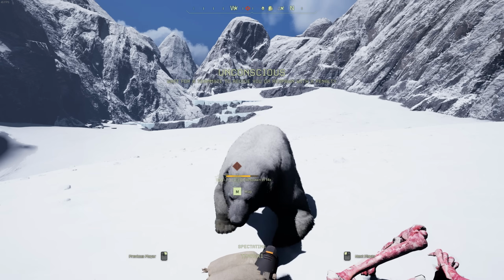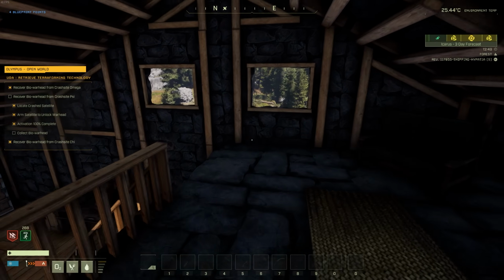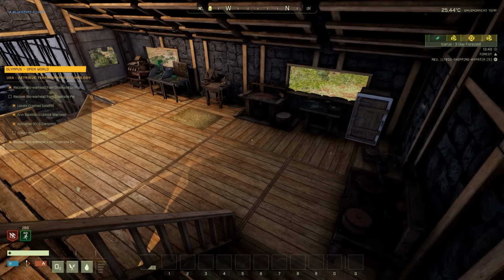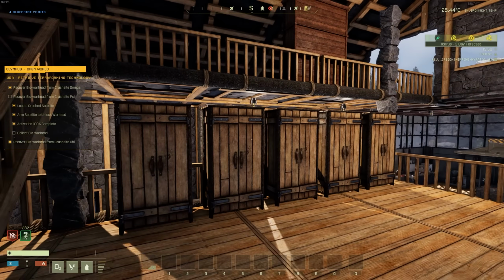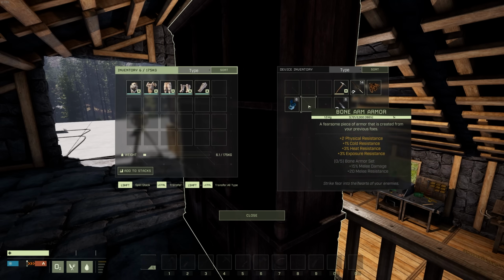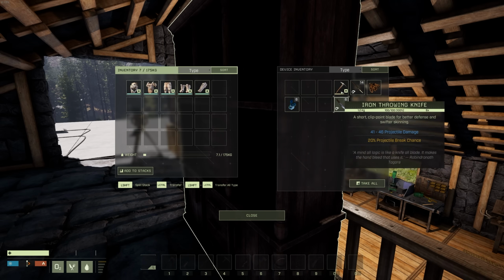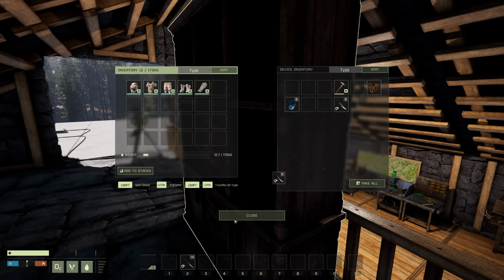That was just a regular polar bear after all that. Look at this guy. Oh man, that puts us a heckin' long way away from our gear, and I've got really not much going on for a backup set of gear. Well, that's why I do save a little bit of it. There's a set of bone armor that I can wear, and we can bring some steel javelins and throwing knives,